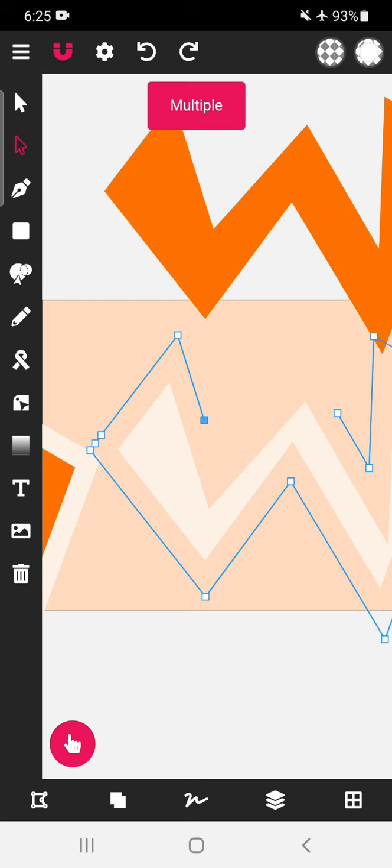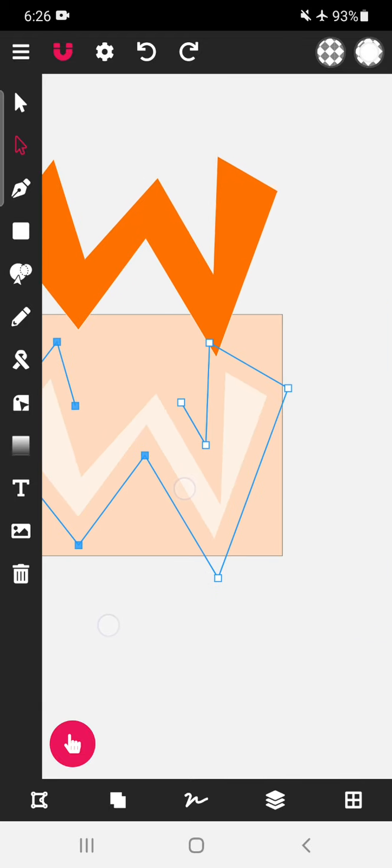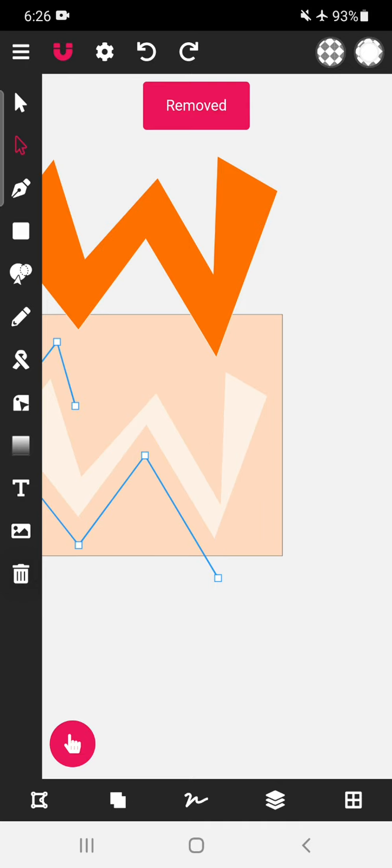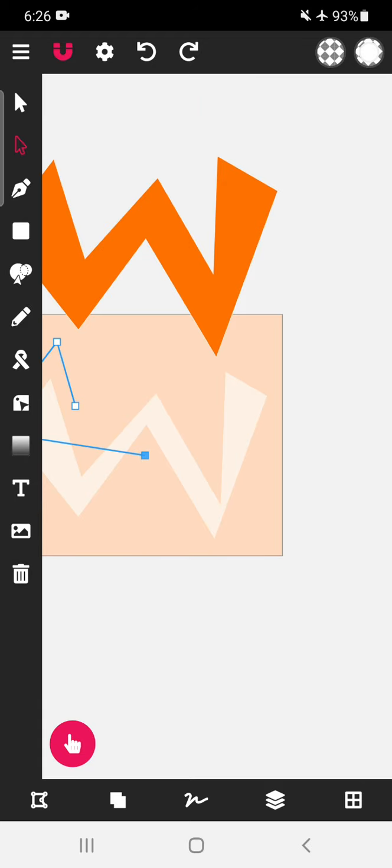Select this, go to this multiple select option, select all the nodes which are visible from the outside path, which we don't want. We want only inside path. Select all these nodes and delete them, so that the outside path gets deleted.